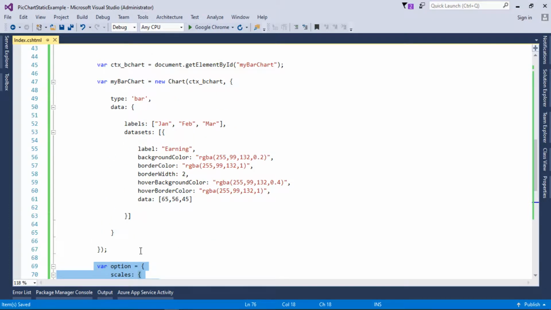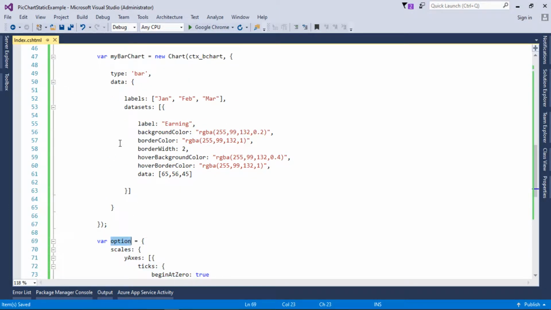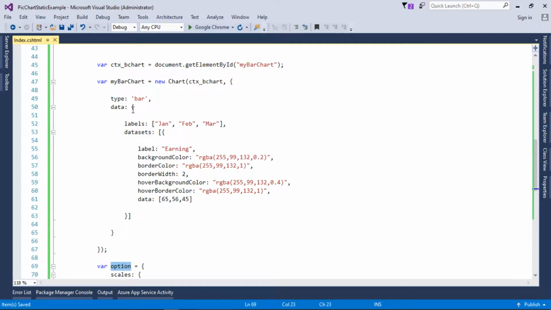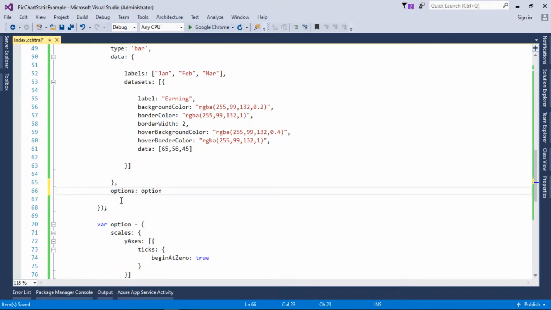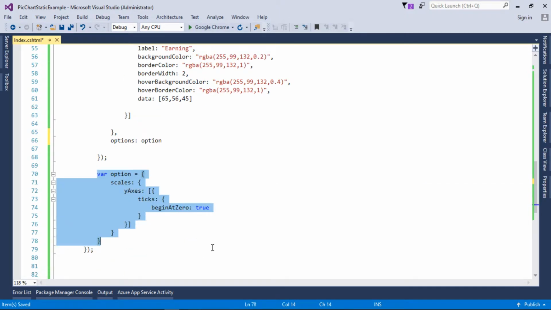So we need to pass these options in the parameter of this object. After the data object we need to pass this option. So this is the key. This must be the option, and this option will provide this data.